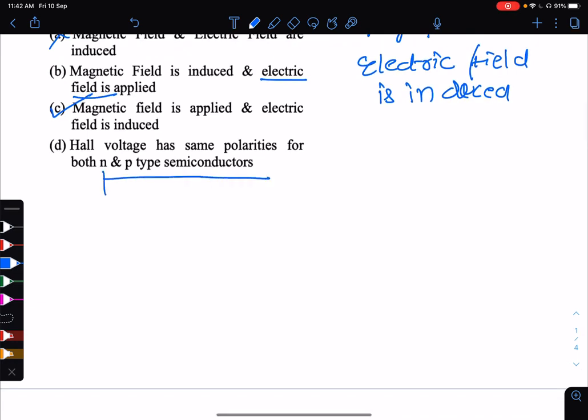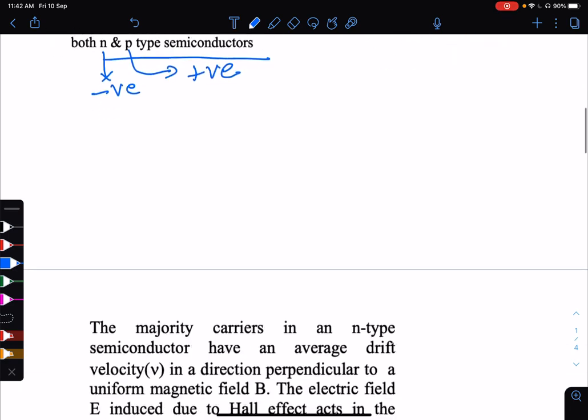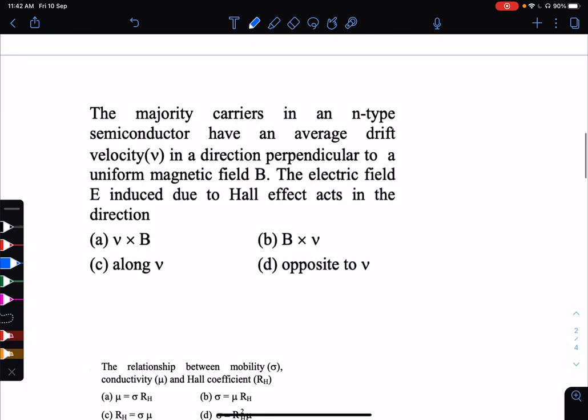Next option: Hall voltage has the same polarities for N type and P type. No, we told that for N type, N means negative, right? So the Hall voltage will be negative. P means positive, right? So the Hall voltage will be positive. If you have any doubt, please go through that lecture. Then the next question, the third question, is